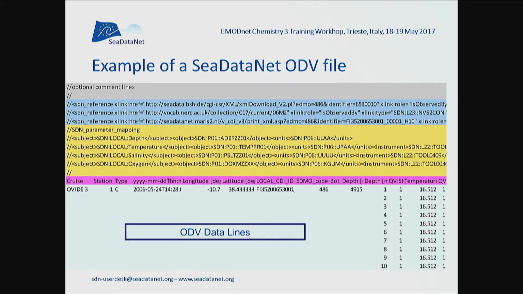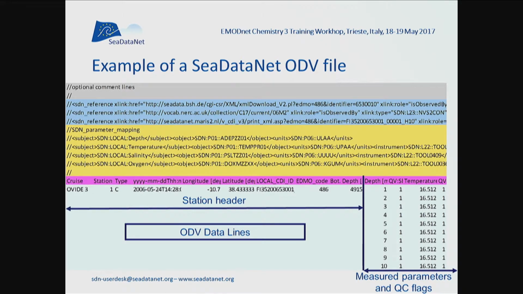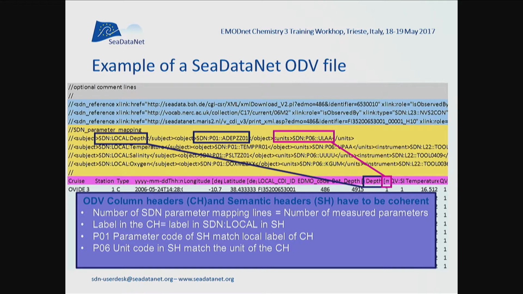So these are all the ODV data lines. And as I said before, on the left part are the metadata, the station header information, and on the right part are the measured parameters and the QC flag columns. What is very important to understand is that the parameter columns must be described in the SDN parameter mapping lines.